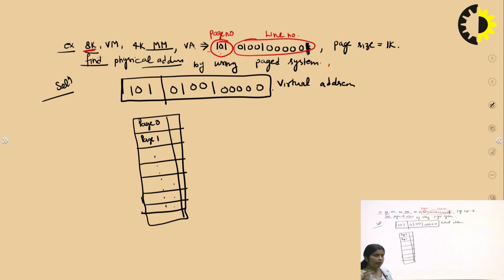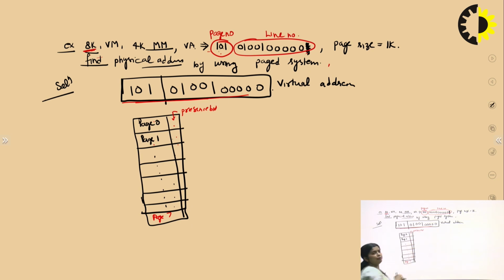Now, when you are going to design this particular memory page table, this is the virtual address as we discussed, that is a higher order bits and a lower order bit. There is again a memory page table. This memory page table contains all pages. Means what? Page 0, 1, 2, up to page 7. These 0 to 7 pages are there. Next, there is some presence bit also. This is called the presence bit.